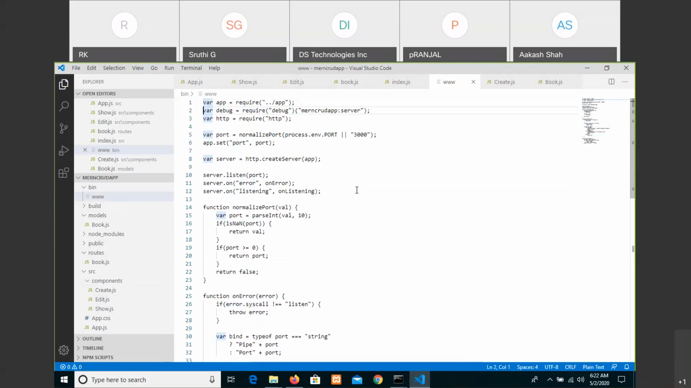Require debug and HTTP, process environment, which is 3000, and then saying it is a port, and then we're creating a server. After that, listen, normalize port. We are sending some value and checking that on error. System call if